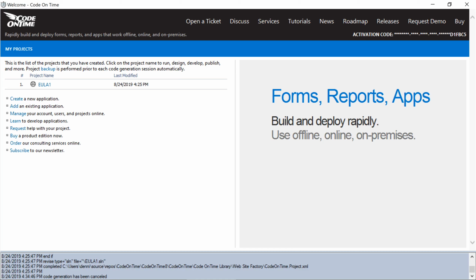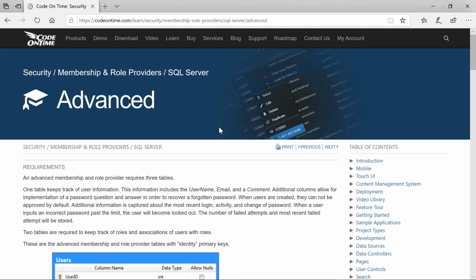If we use our own membership tables with the custom membership feature, we can provide our own columns for EULA acceptance and store additional information. Let's switch our app to using custom membership. First, let's add the custom users, roles, and user roles tables using the provided scripts. In the advanced configuration of the custom membership provider wiki,